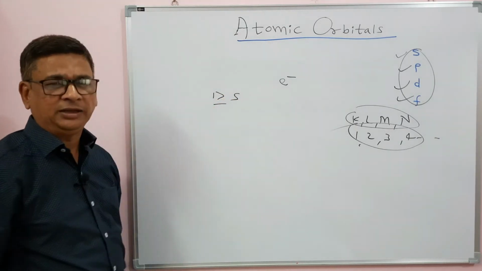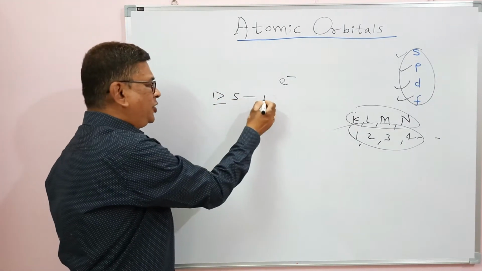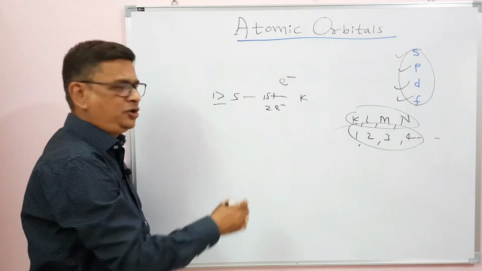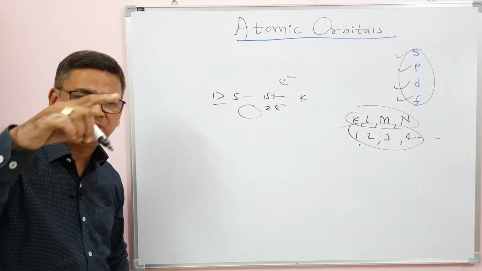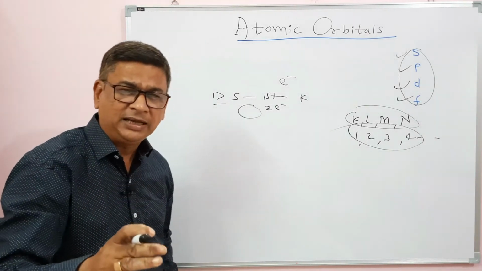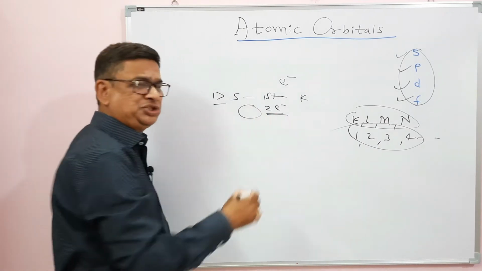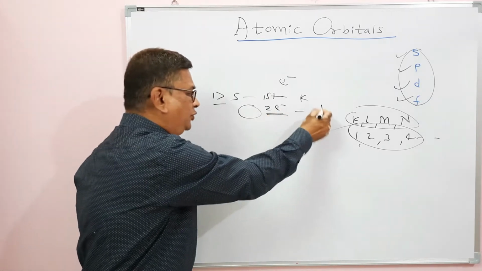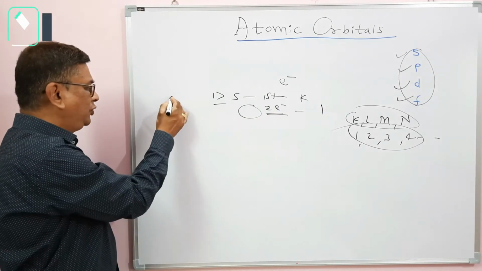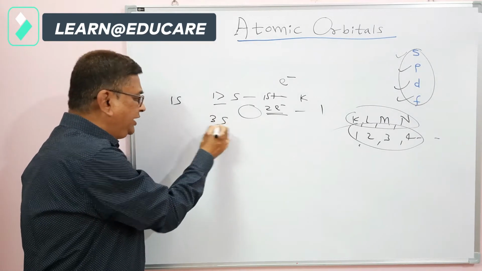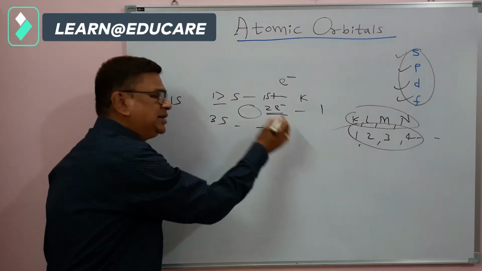First about S orbital. S orbital starts from the first shell, that is K shell. Its capacity is 2 electrons. It is a spherical, three-dimensional structure around the nucleus. In every shell, the first orbital is S orbital, and remember its capacity is 2 electrons. It has no subtypes, means S orbital is only one type. For example, when you denote 1s, that means first shell S orbital. When you denote 3s, third shell S orbital and so on.